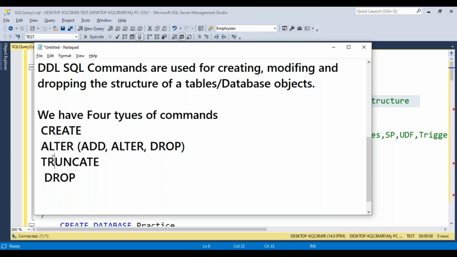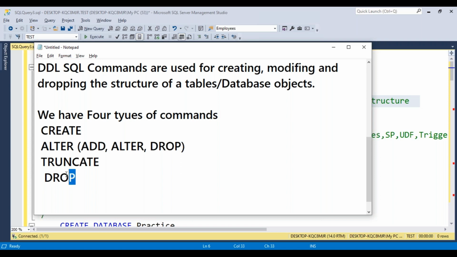Then truncate: we can truncate the entire data from a table, but the table structure will remain available in our database. With drop, the entire table will be dropped from the database, which means it cannot maintain any data or historical information.